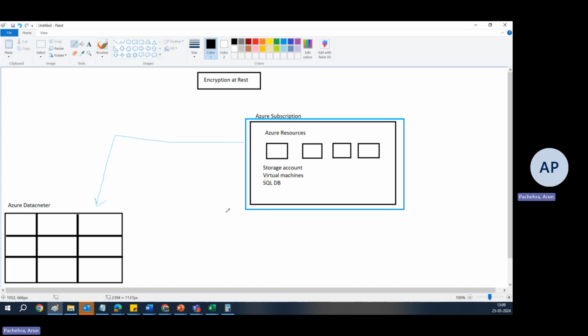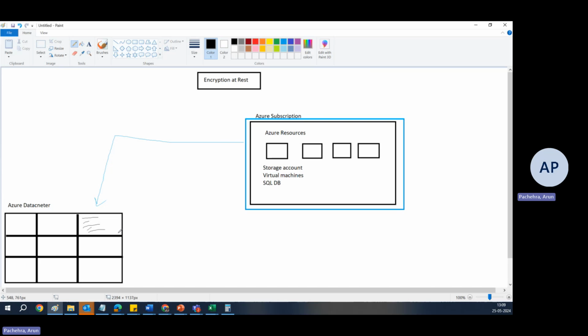It is at the back end, storing everything on the physical hardware, which is managed by Microsoft, right? So all this data is stored here. And the data center has all those racks and things. It's a huge data center which has hundreds of units, and then the racks and all those physical